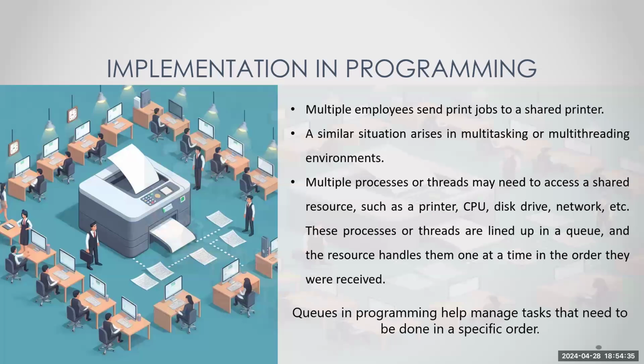So when a job is lined up to be executed, that's nothing but an application of queues, right? It lines up all the print jobs in the order they were received. Now, this is just an analogy, but again, coming to what happens in, let's say, a multi-thread